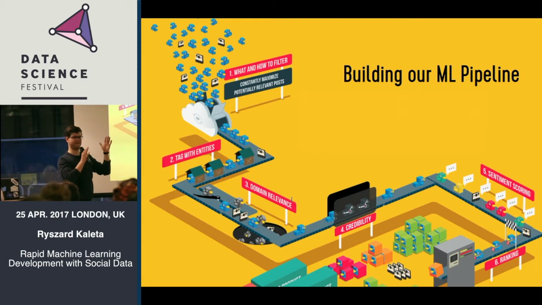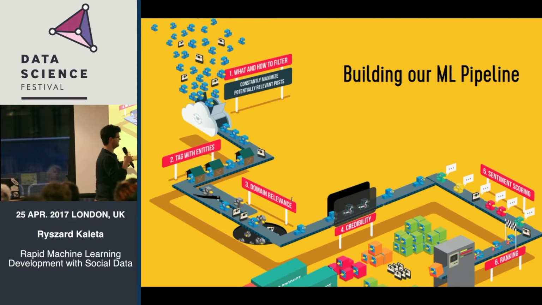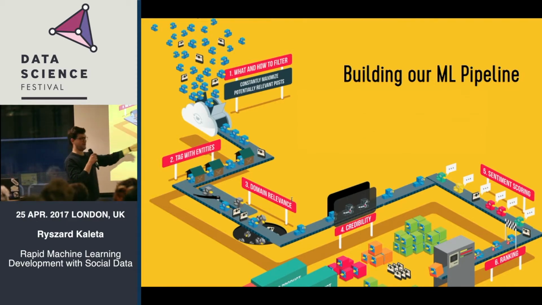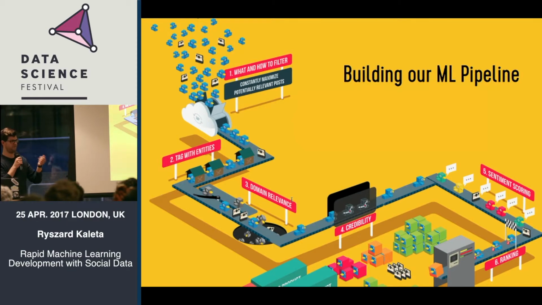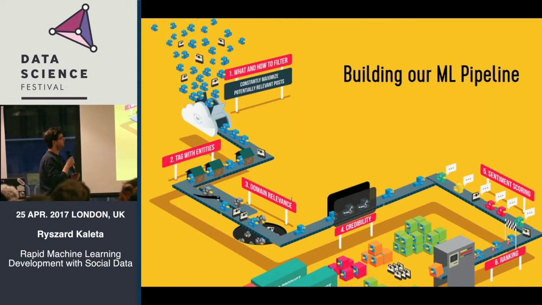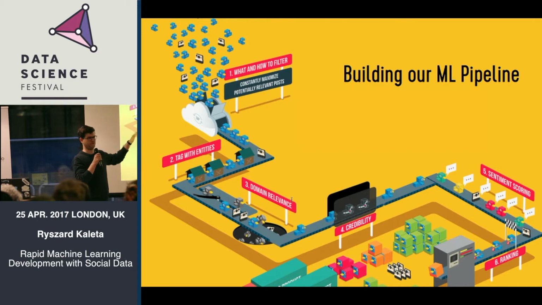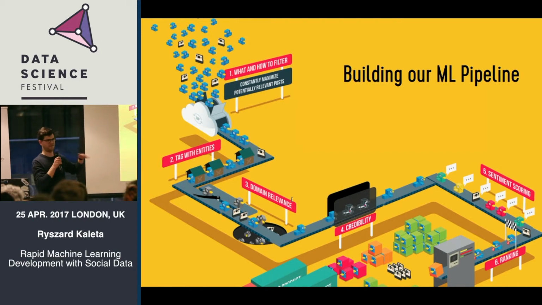We take the harvested data set and we push it through a number of components whose job it is to wither this data set down until what's left is good, high-quality content that is safe to display on our customers' pages. Each one of these components is made up of a number of models which have a specific classification task. For example, working out whether the post is from a real user or a brand. We use supervised, unsupervised learning depending on the data that we have, the problem we're trying to solve. I'm not going to go into a lot of detail of that, but if you're interested in hearing more about our machine learning, come find me afterwards.